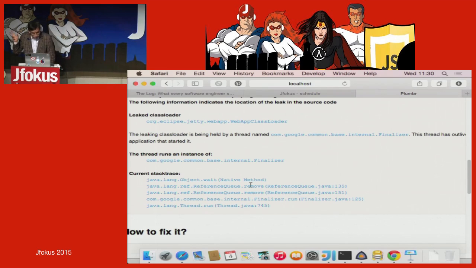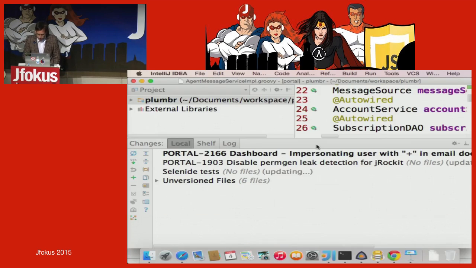So, some thread is running inside my application that I have no idea what it does, and how can I grab hold of it, and how can I close it. So, what should I do? I take a memory dump. I look into the memory dump. I read the code for one hour, trying to understand what that finalizer does. Eventually,